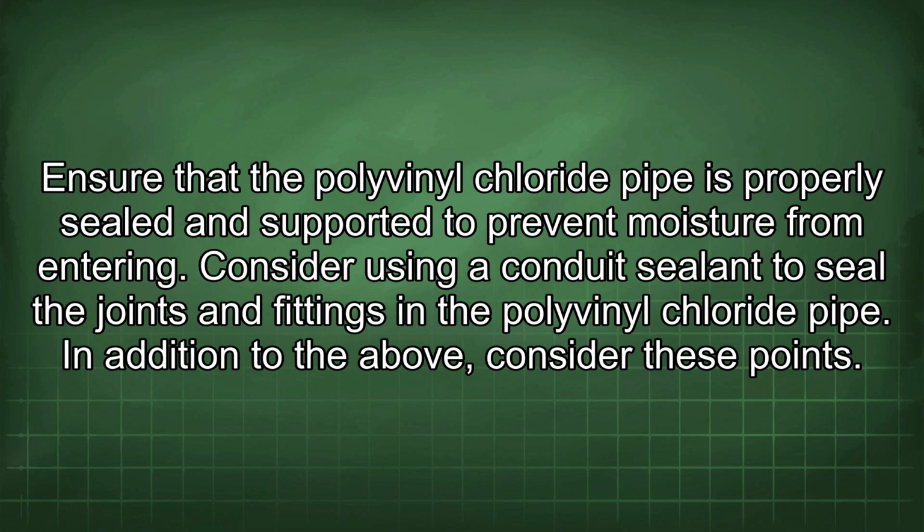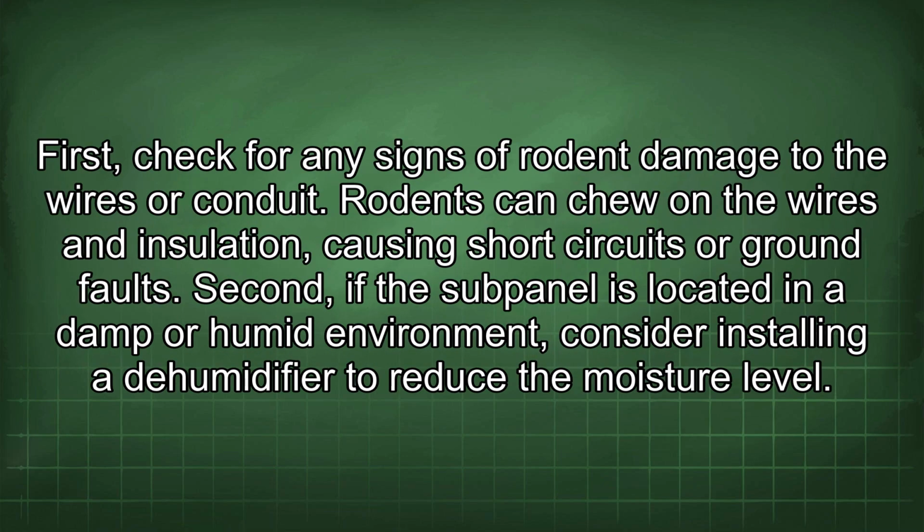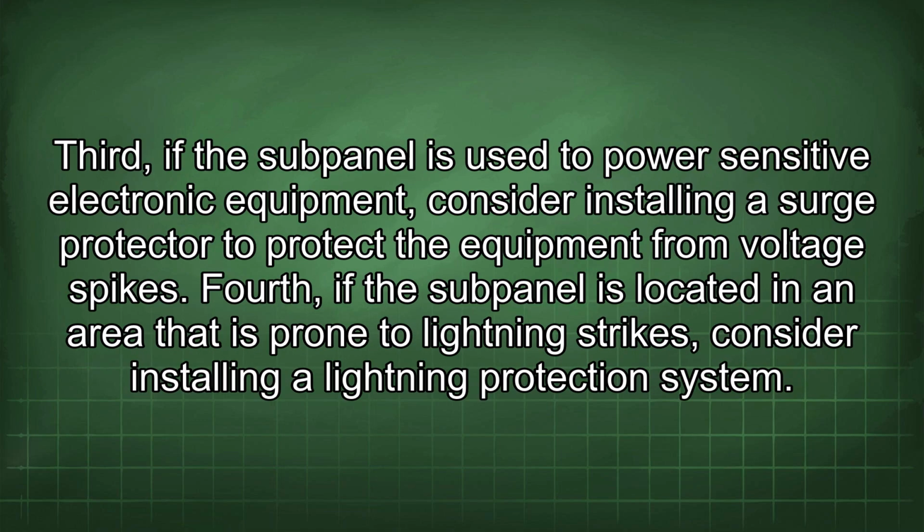In addition to the above, consider these points. First, check for any signs of rodent damage to the wires or conduit. Rodents can chew on the wires and insulation, causing short circuits or ground faults. Second, if the subpanel is located in a damp or humid environment, consider installing a dehumidifier to reduce the moisture level. Third, if the subpanel is used to power sensitive electronic equipment, consider installing a surge protector to protect the equipment from voltage spikes. Fourth,